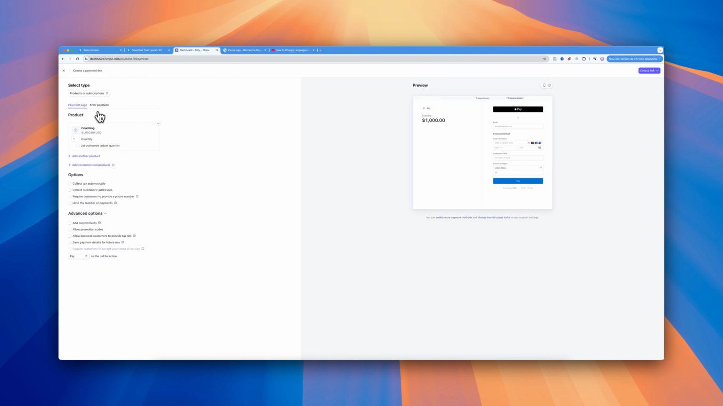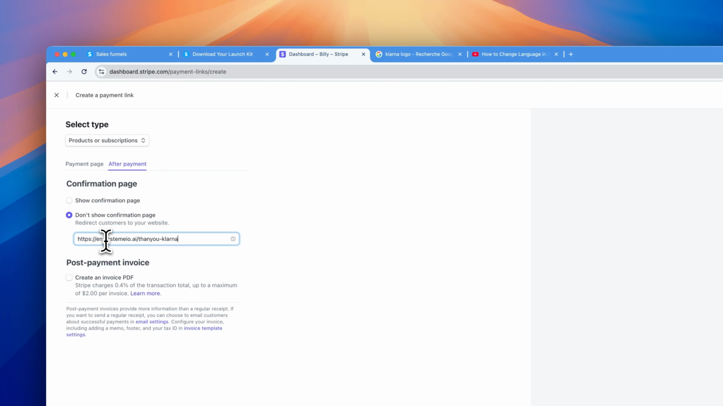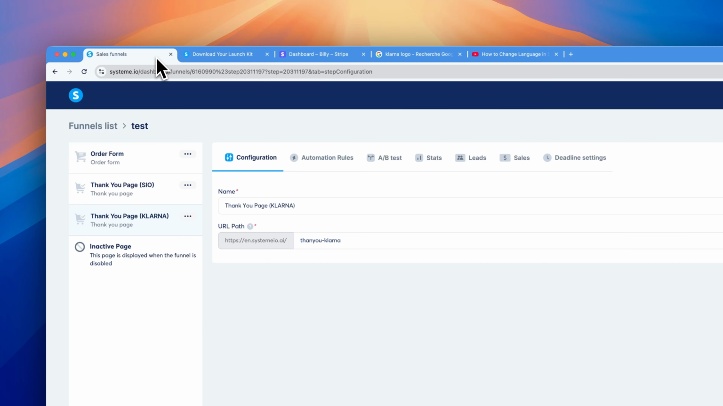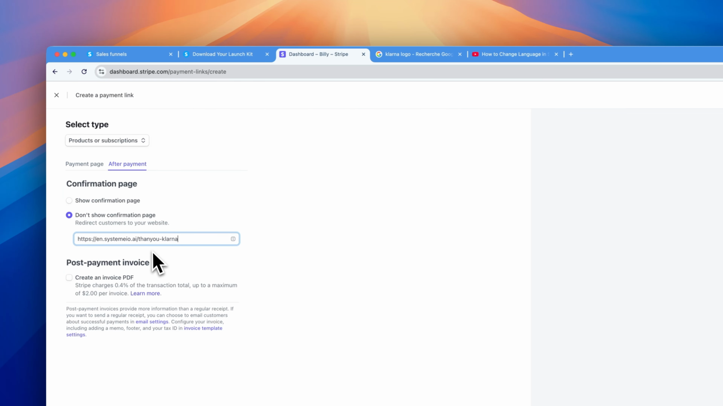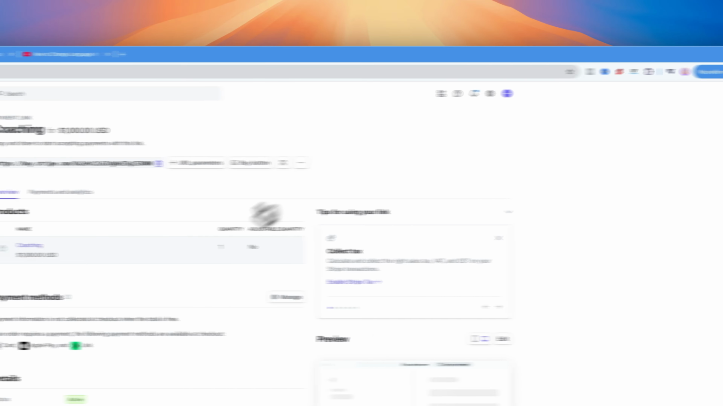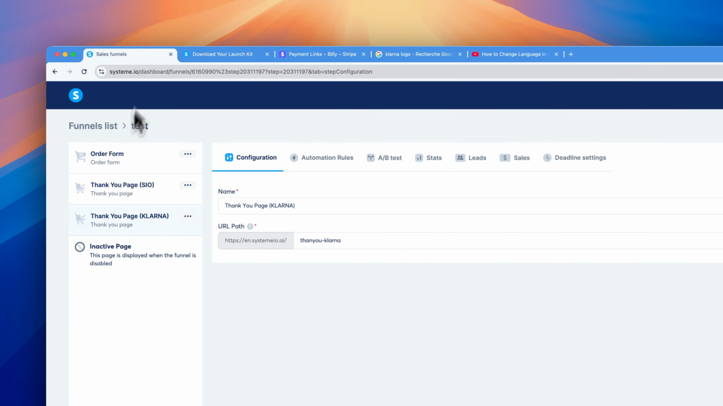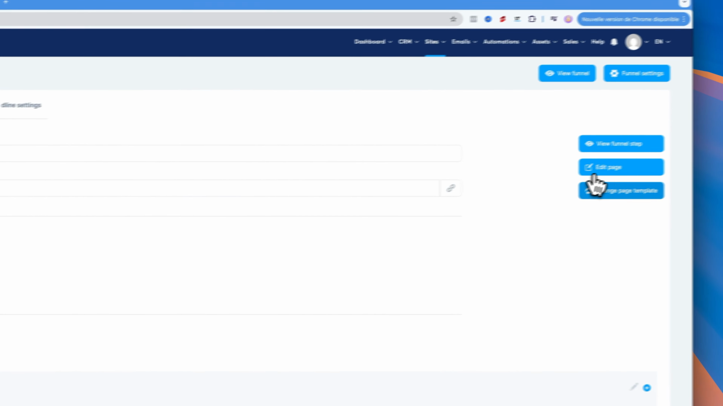But what we want to customize here is the after payment. So we don't want to show a confirmation page. We want to redirect to our own URL, which would be, remember, the one we just created here. So that's it. It's ready. I'm going to click on create the link and I have access to my payment link. So I have two options from here. If I go back to Systeme.io and I go back to my order form